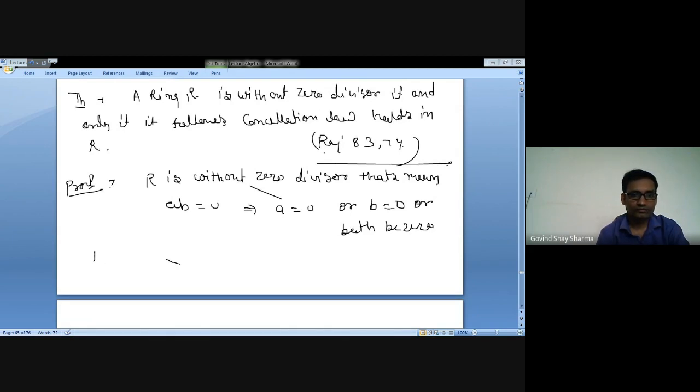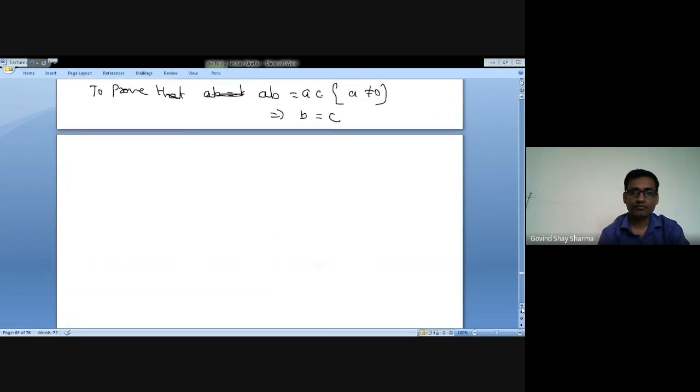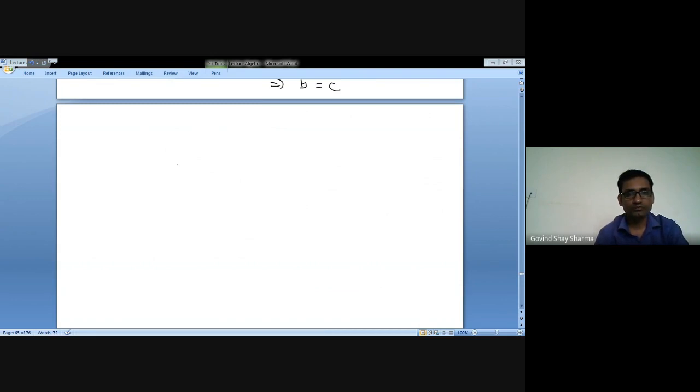To prove that AB is equal to AC, A not zero, implies B is equal to C. Now AB is equal to AC, then